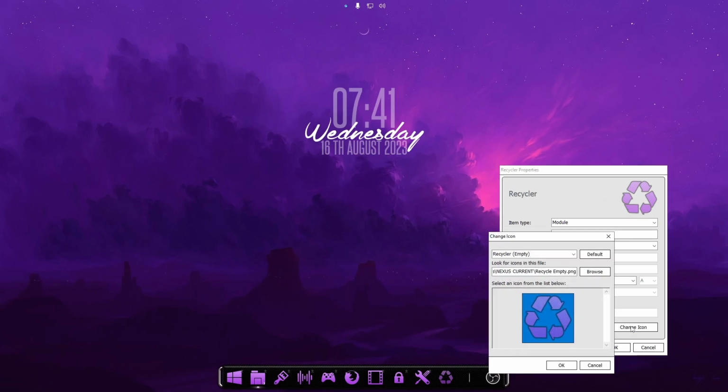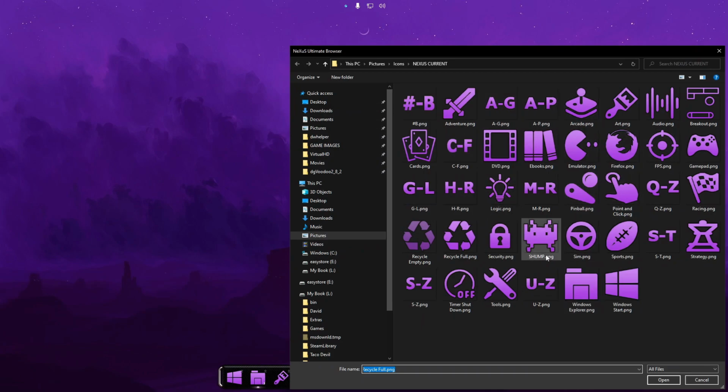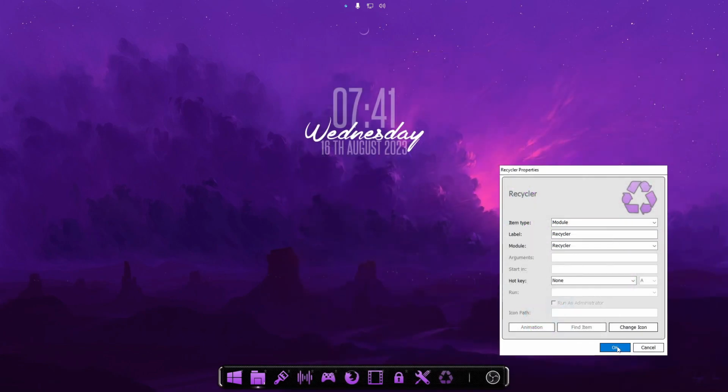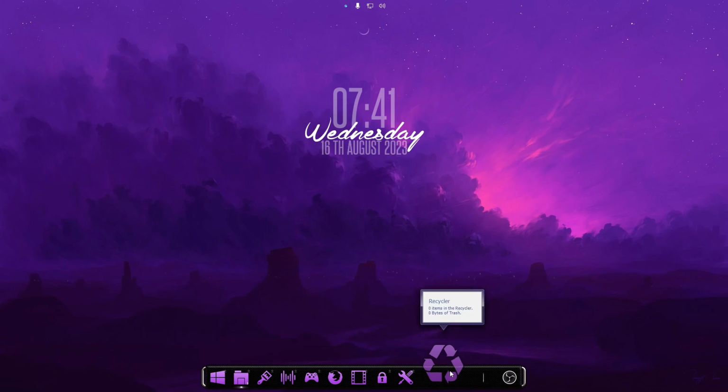So you're going to go to change, and you're going to hit this little tab here, and you're going to notice you have one for empty, one for full. So it's basically the same step. You're going to just do one for each. So you're going to browse to where your pictures are at, pick the icon. So you're going to go this one for empty and this one for full. Once you hit apply, if your recycler bin is empty, it's going to have the transparent one. If it's a solid gradient,